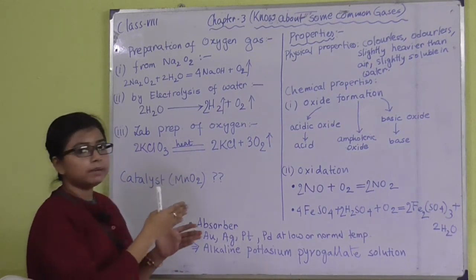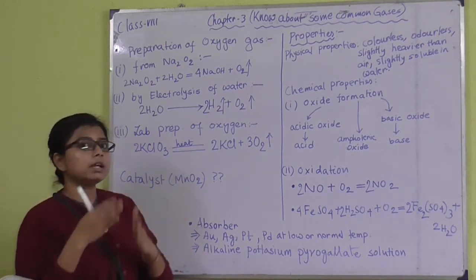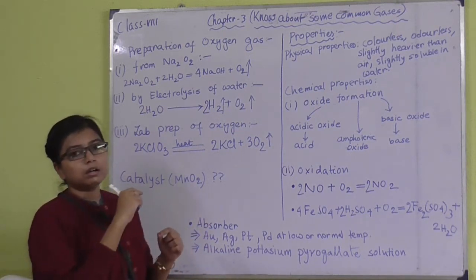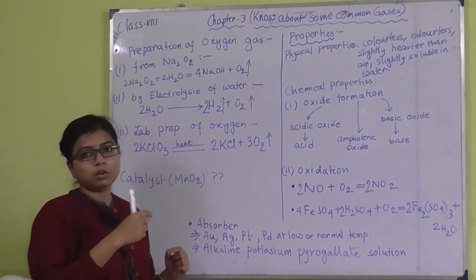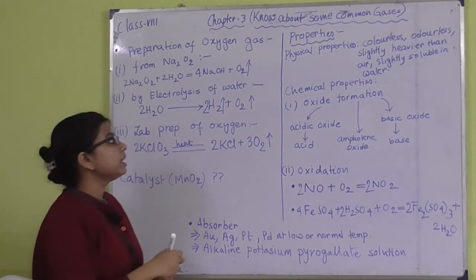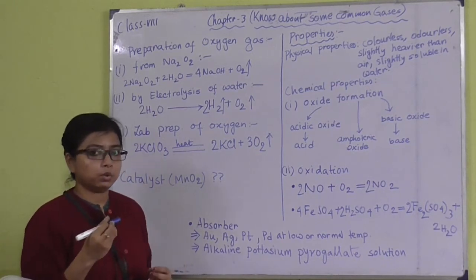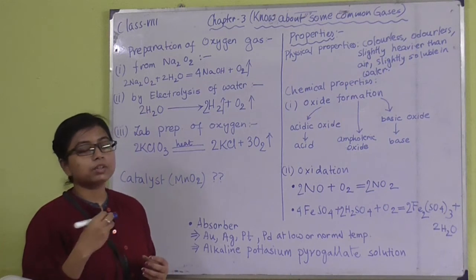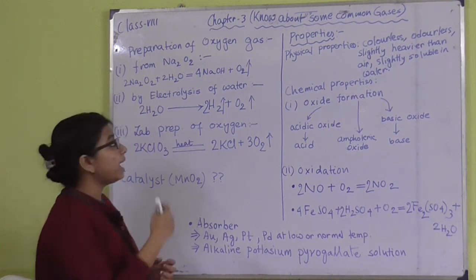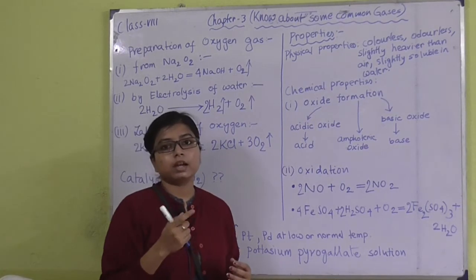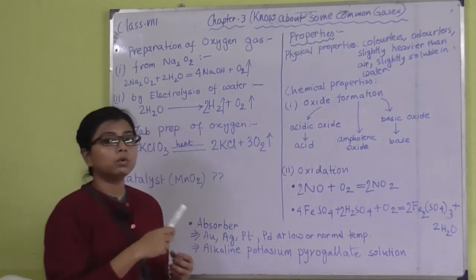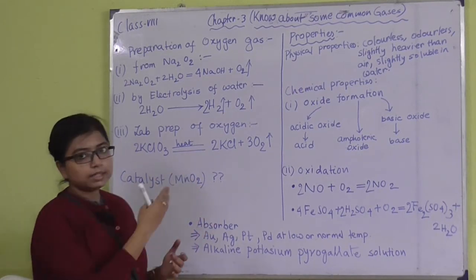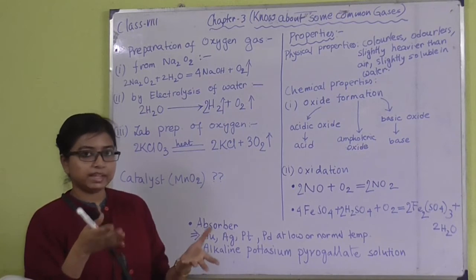One of them is known as cathode, another one is known as anode. Now what is cathode and anode? If we connect the positive terminal of the battery with the electrode, then it will be known as anode. And if the negative terminal is connected to the electrode, then it will be known as cathode. Now we have the voltameter, electrolyte, anode, cathode, that is the electrodes.